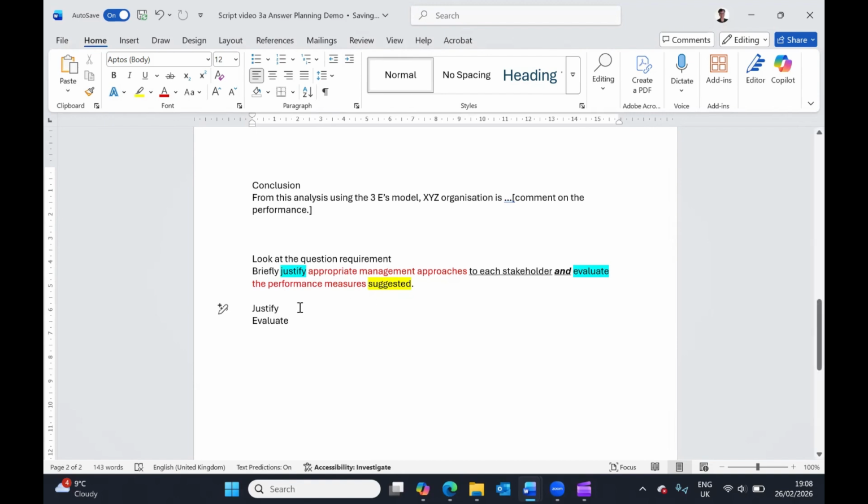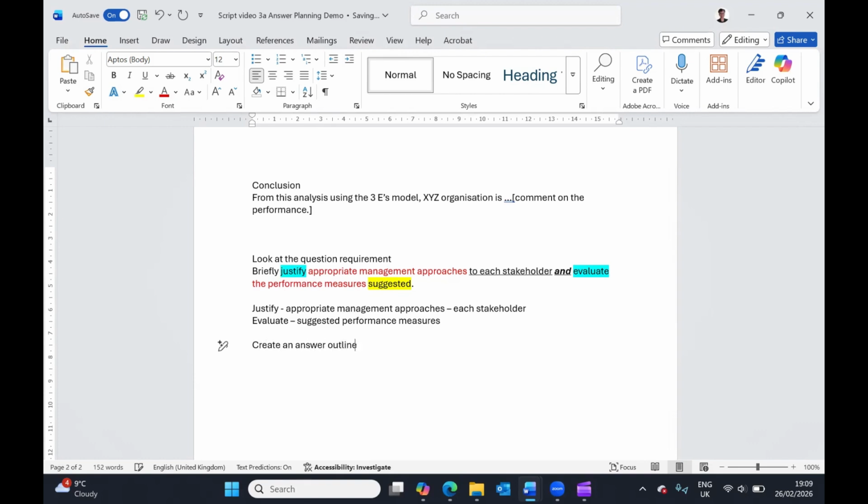So I see here that one, I've got to justify appropriate management approaches and then each stakeholder. So that's the key thing here. And then what am I doing? I'm evaluating the suggested performance measures. So that's going to help me to make sure I stay on track. So that's step one. Step two is to create